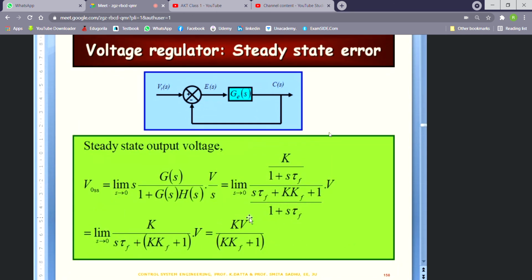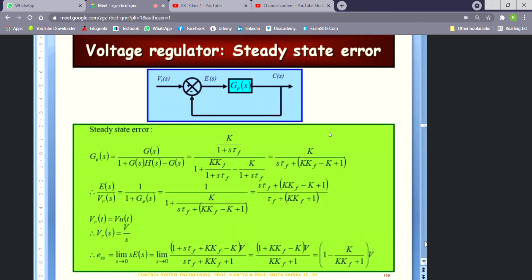From this, that is the steady state output, if you want the steady state error, you will subtract the steady state output from the input that is being applied. So ultimately, it's going to give you the same expression for the steady state error, right? So this is the steady state error. Now, I've gone through the tedious process of finding out the steady state actuating error, as well as the steady state output and the steady state error.